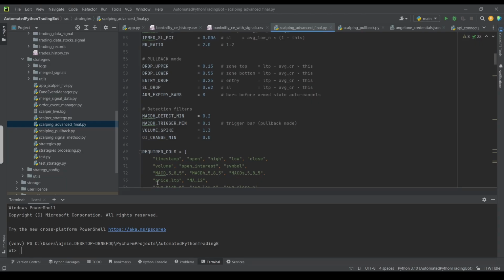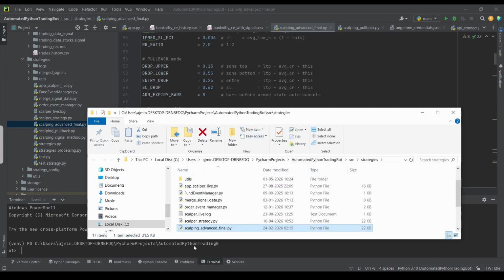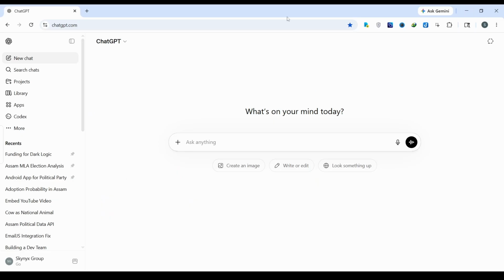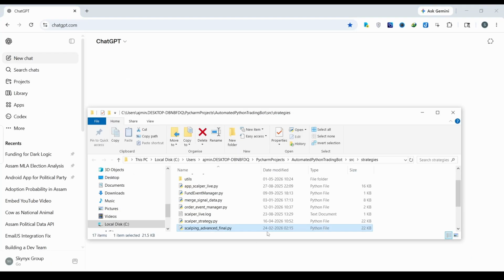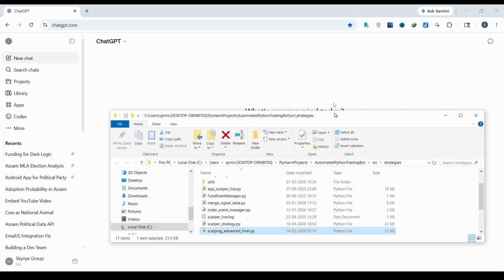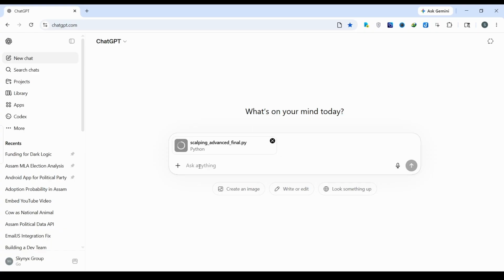If you copy and paste a strategy like this one, I'll go to the source file of this strategy, open ChatGPT, copy and paste this file over here, and simply ask, explain this Python strategy